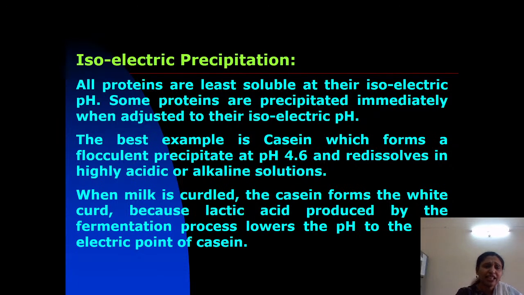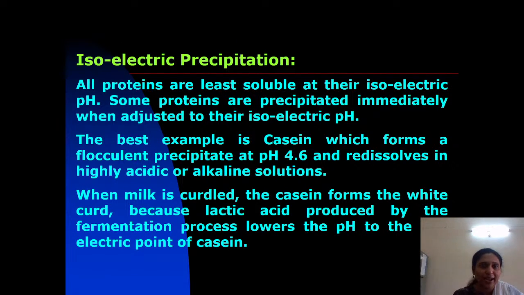Now this property is used in the curdling of milk. How is milk curdled? The bacterial fermentation of the curd releases lactic acid. Milk contains the protein casein, and you know that the isoelectric pH of casein is 4.6. So when you add curd to the milk, what happens? The bacterial fermentation of the curd causes the release of lactic acid. Being an acid, this lactic acid decreases the pH of the milk, bringing it to the isoelectric pH of casein,